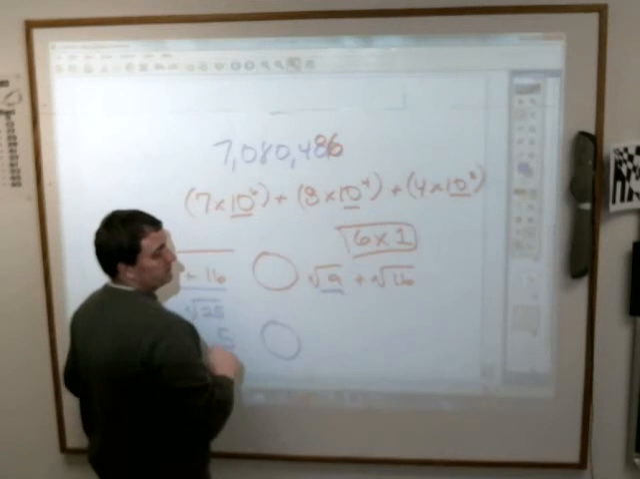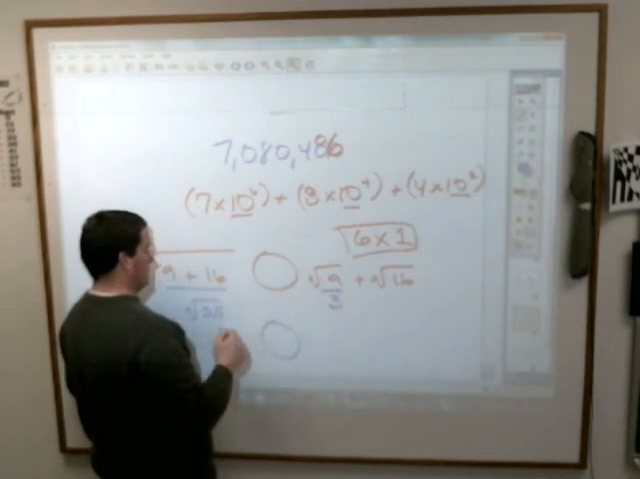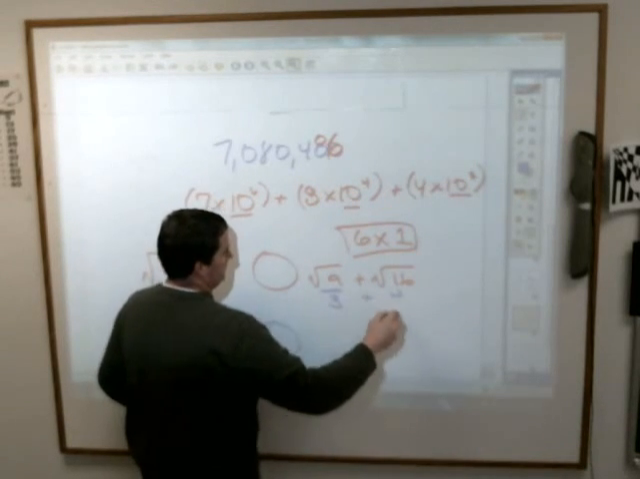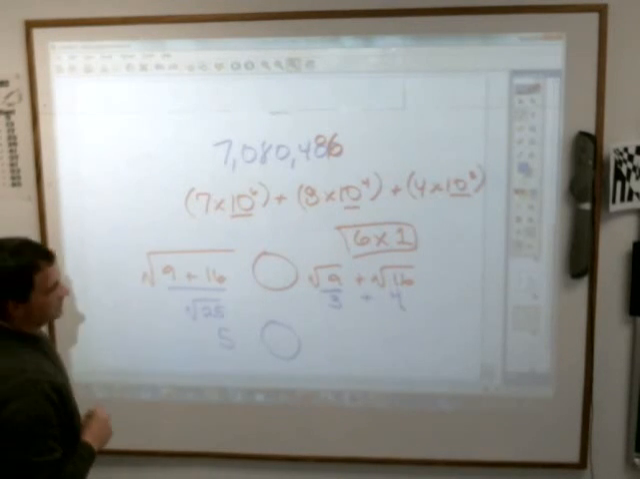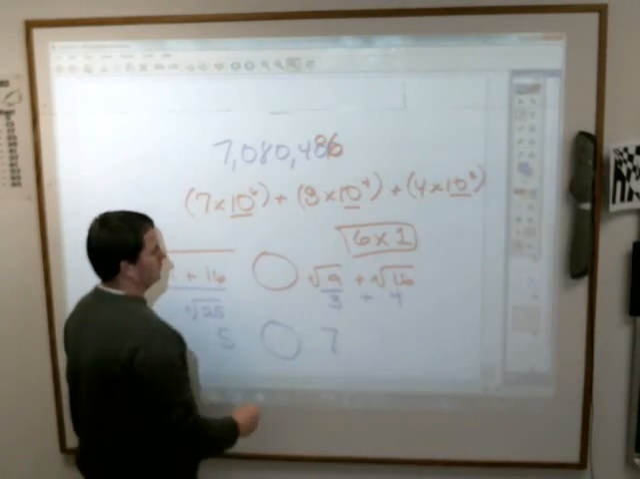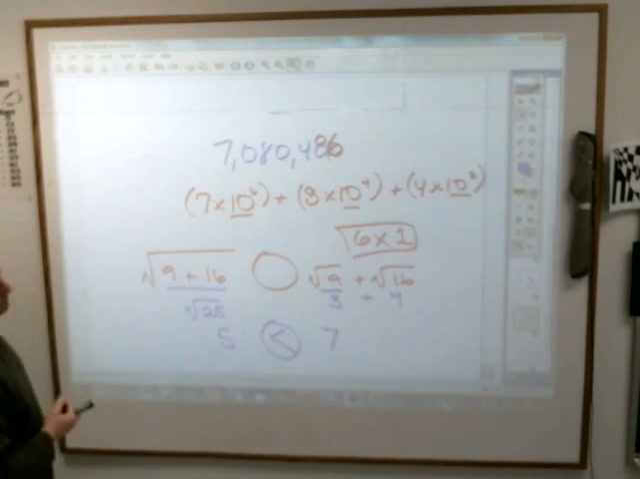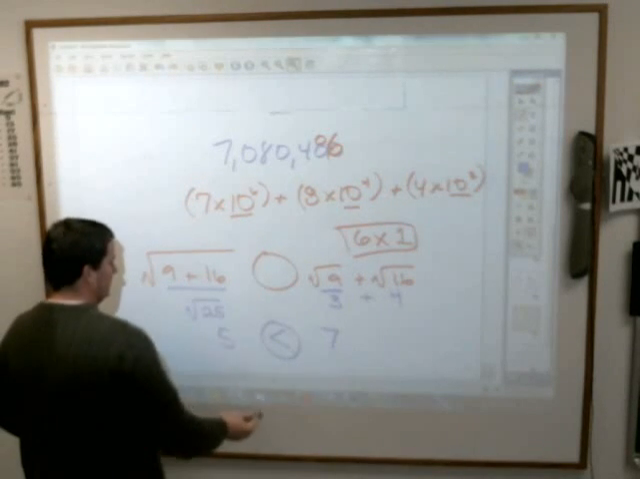Square root of 9 is? 3. Square root of 16 is? 4. Oh, my bad. What is 3 plus 4? 7. So which one's bigger? So just in case you see it look like that, you'll be in